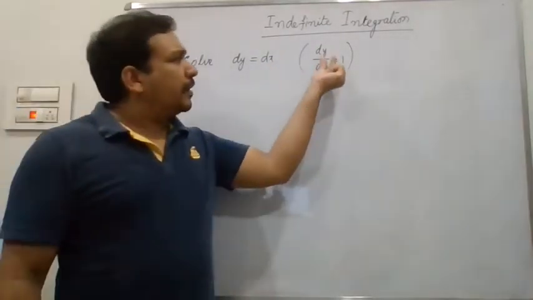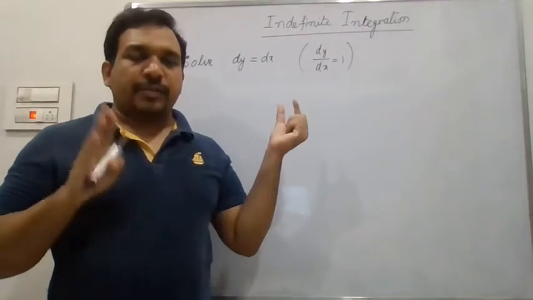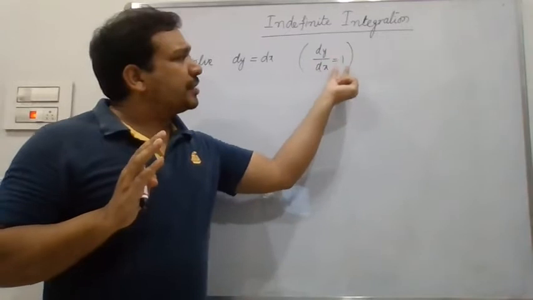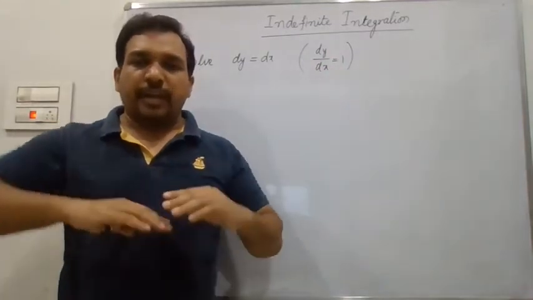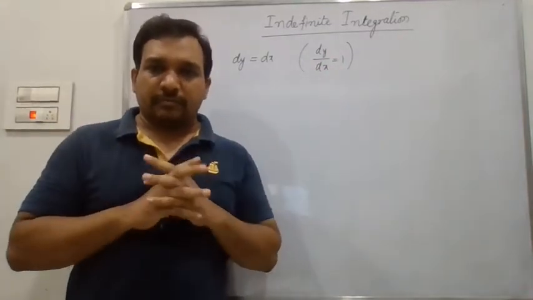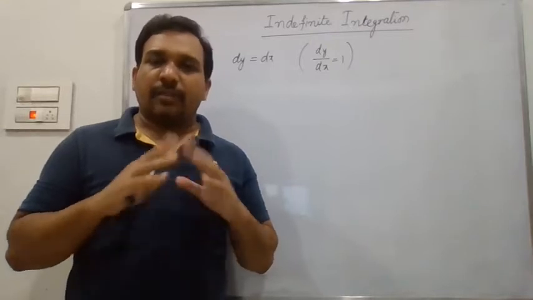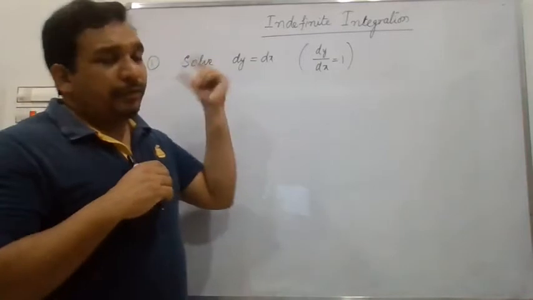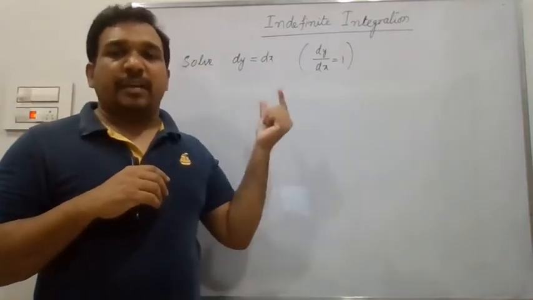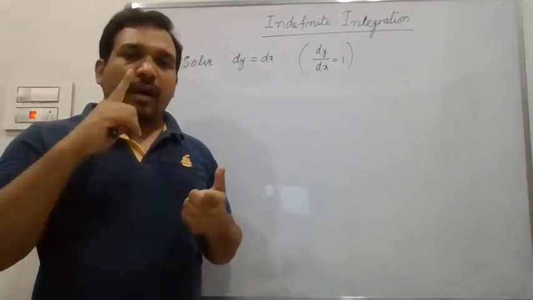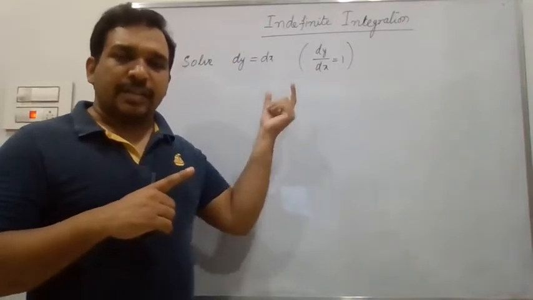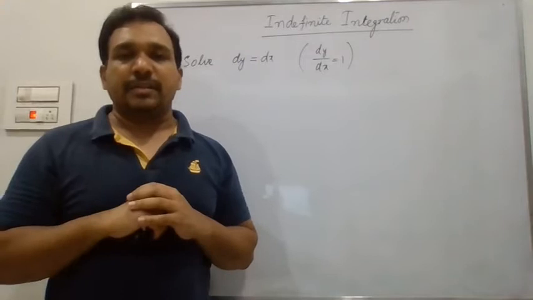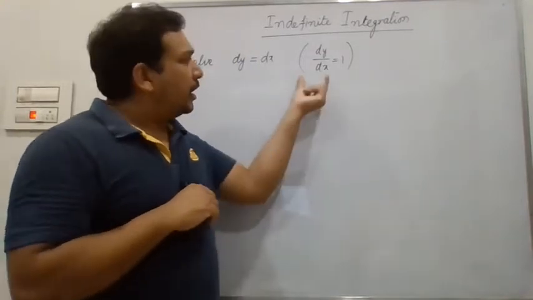The derivative of y is nothing but f of x, so instead of f of x we can write y also. So the derivative of the function is equal to 1. For any function, if the derivative is 1, what does it mean? It means the tangent of the curve f of x is everywhere 1 only. The slope of the tangent is always 1. That is the meaning of derivative equal to 1.